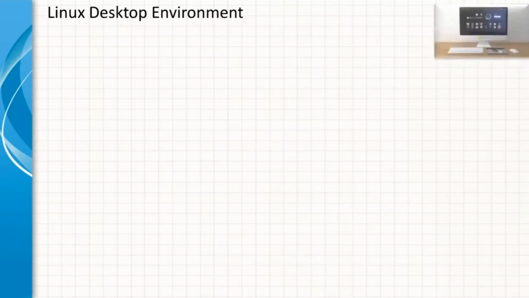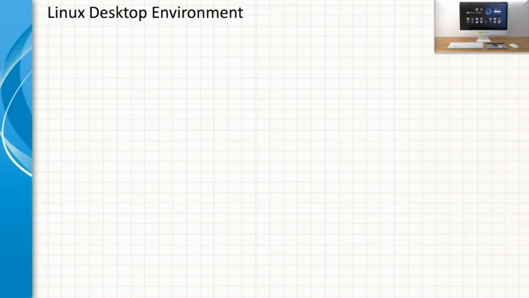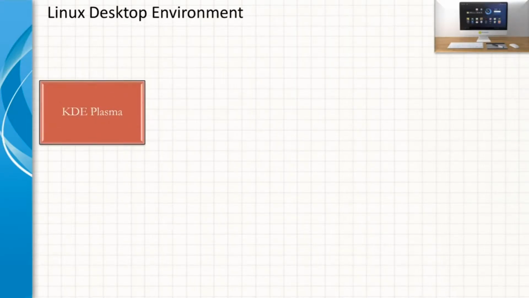Linux desktop environment. As per Wikipedia, a desktop environment is an implementation of the desktop metaphor made of a bundle of programs running on top of a computer operating system which share a common graphical user interface. Generally, a particular Linux desktop environment is bound to a vendor specific distribution. However, you may change it at a later stage. Let us see a couple of Linux desktop environments.